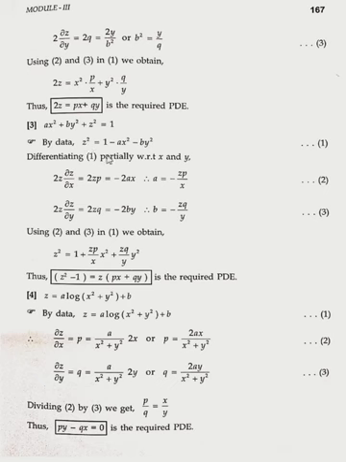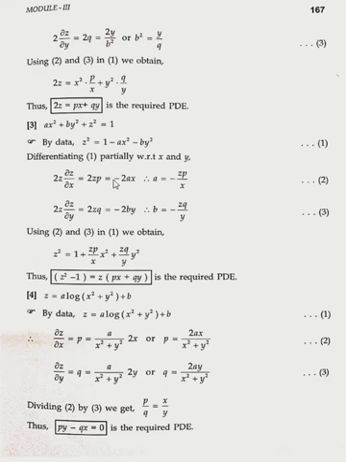Differentiate equation 1 partially with respect to x and y. First differentiate with respect to x, keeping y as constant. Therefore the differentiation of z square is 2z into, by chain rule, dou z divided by dou x, that is p. Here with respect to x this is constant 0, and this is also constant 0. We get only a into the differentiation of x square, 2x, therefore minus 2ax. Here divide 2 on both sides,